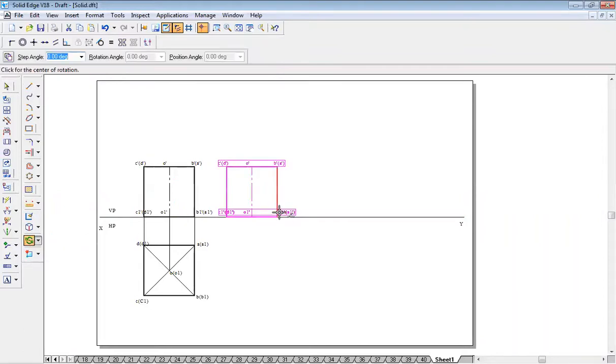Switch off the copy option. Same end point as first click. The other end point as second click. Incline. This has to be a 50 degree. If you are not convenient with this vertical line inclination, go to the base inclination itself. That is also not a problem. So click this as first click, the base of other end as second click. If that vertical line is inclined 50 degree, base will be 90 minus 50, that is 40 degree.